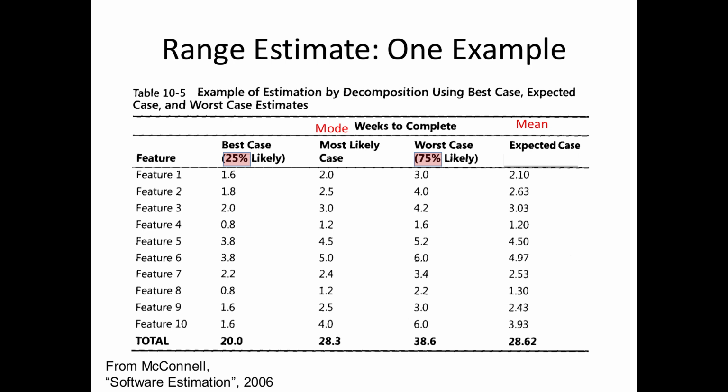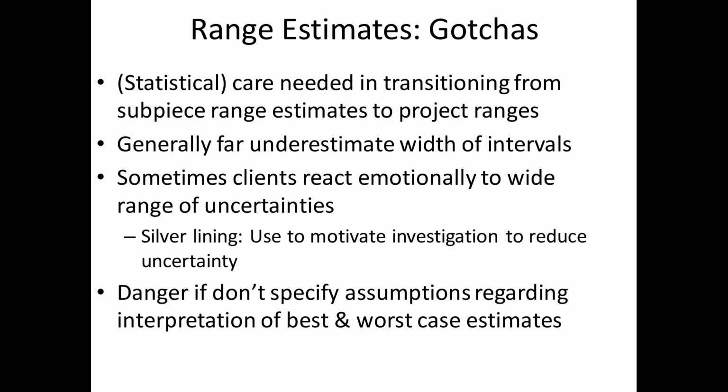So what he suggests is having a best case, a most likely case, and a worst case. And this is like 25% likely that it's less than that, and worst case is 75%. So in other words, it's only a 25% chance that it's higher. You can pick your numbers. Maybe you want 5% that it's less than the best case, 95% it's within the worst case time. In other words, 5% that it's greater than that. So you come up with range estimates.